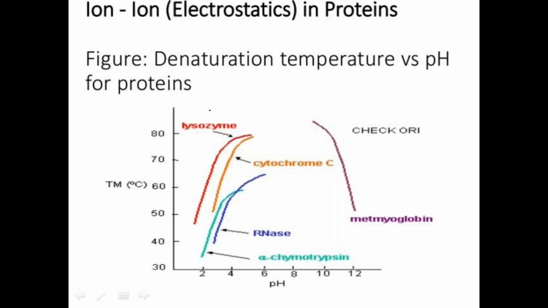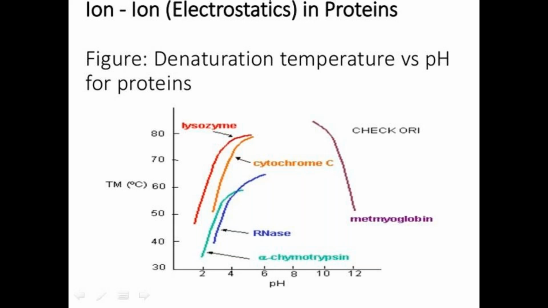And that means the denaturation state. How can it affect the stability? Temperature and pH are mainly responsible for the denaturation of the proteins. Different enzymes have different denaturation temperatures, and they also act at different pH values. That temperature is called the melting temperature.